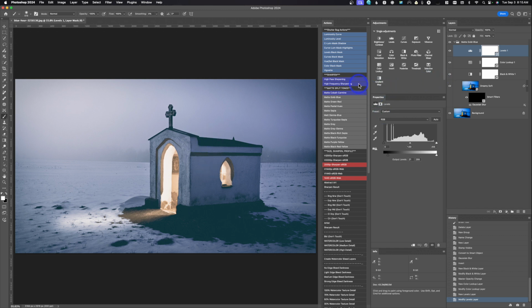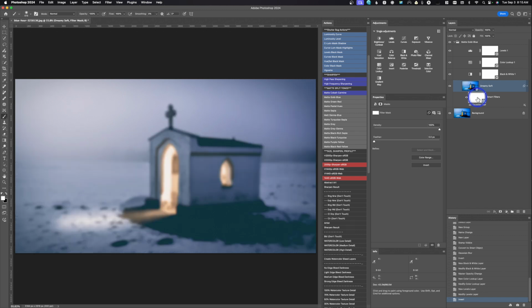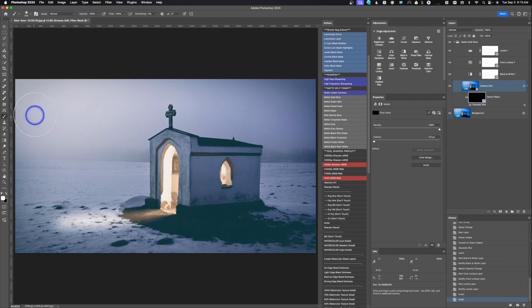And look, these don't work perfect on every single image because this effect doesn't work perfect on every single image. It really depends on your image. Now, these also have a soft focus available, and you notice that the mask right here is turned off. It's black. So if you wanted it to be applied, and this is going to apply to the whole image, it's going to blur it. Okay. So what we could do in this case is if I just wanted it back here in the background,